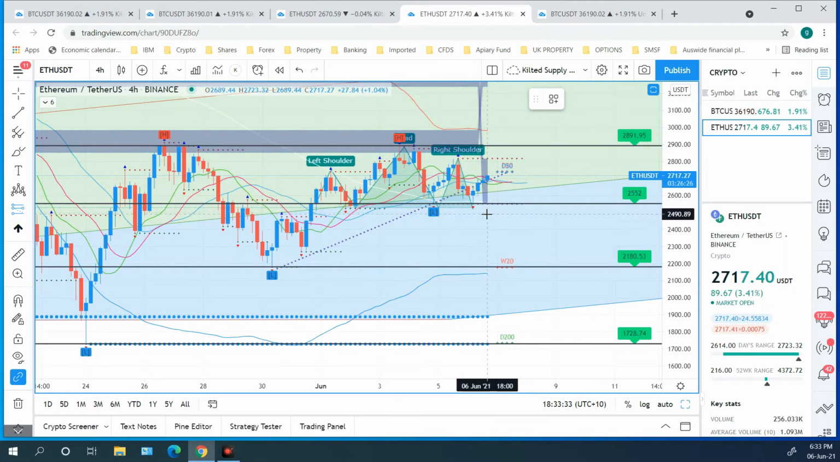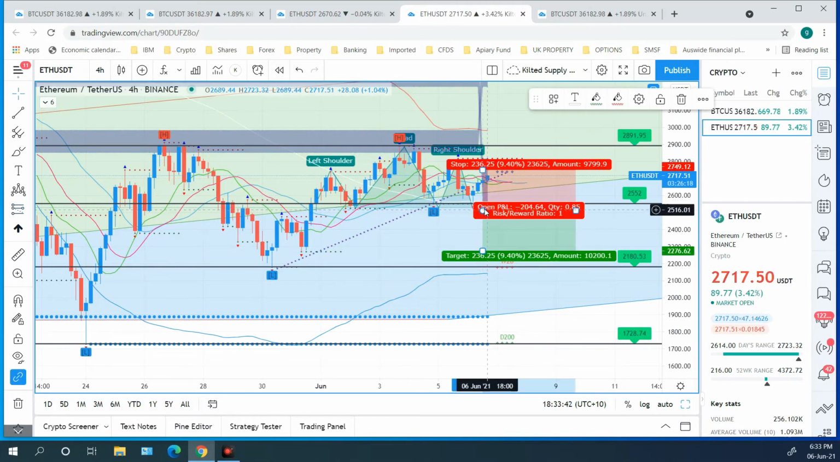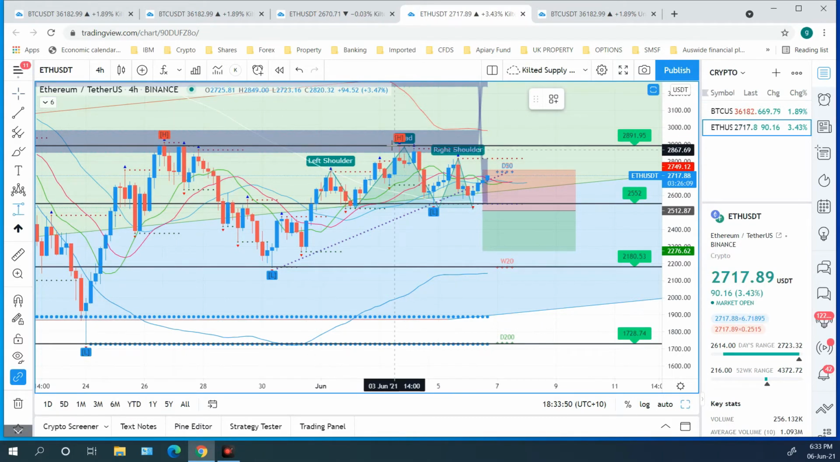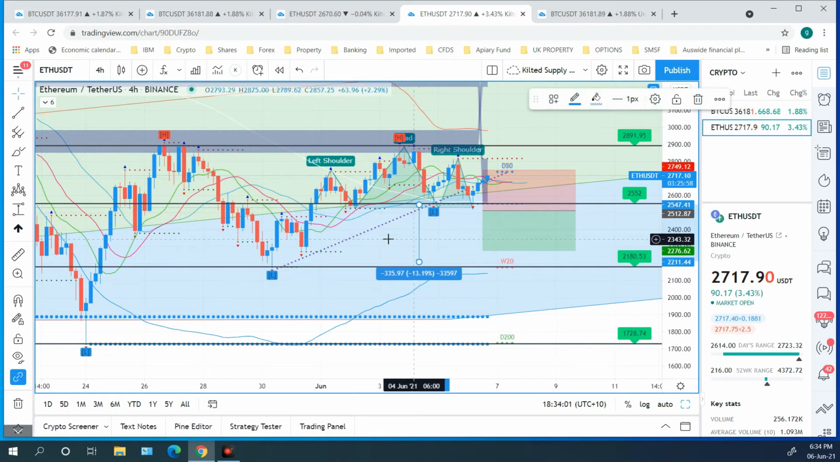What I'm looking for on the head and shoulders pattern is a break of what they call the neckline. Once this is broken, what we're looking to do is project the actual take profit line. Normally you would say that's the forecasted move, and if we project that down to here,